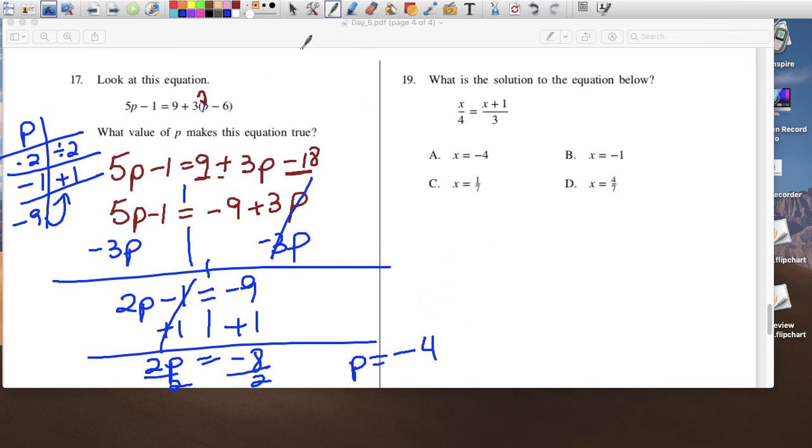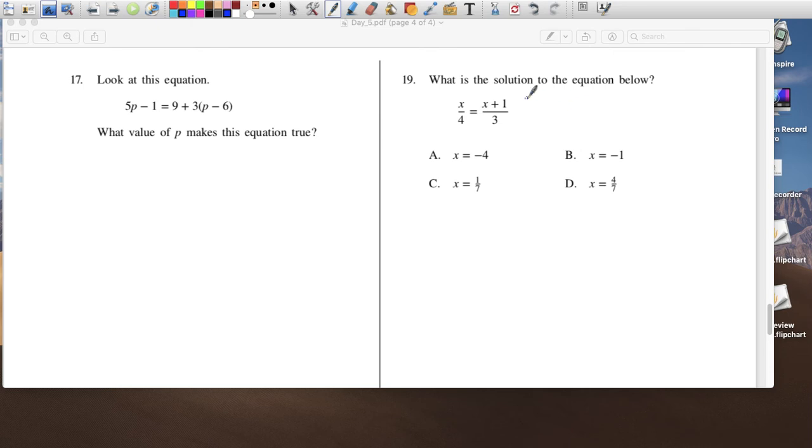So you can always come and substitute to check your answer, okay? Which I'm not going to do. What about this one? Okay, so